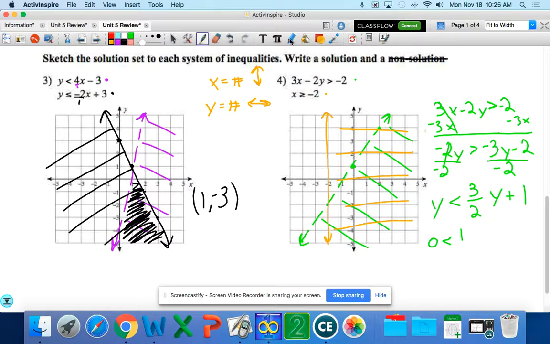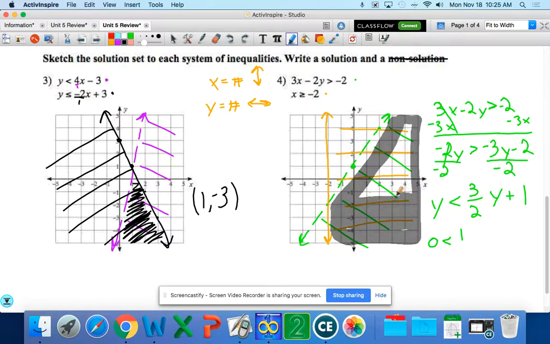When I'm looking for my double shaded region, I actually get a very, very large double shaded region here, okay? All of this. This whole thing is my double shaded region. Everything in there. So when I'm looking for a solution, there's plenty to choose from. Be safe, choose something that's easy to spot. Something way over here like 4, 0, or 4, -2, or